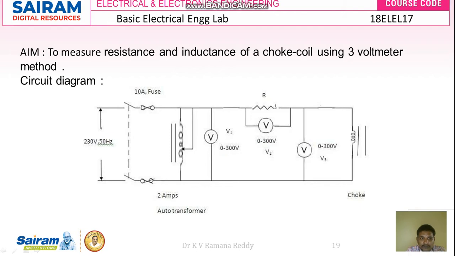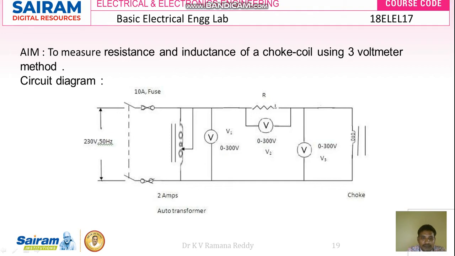If you look at this circuit diagram, it consists of phase and neutral terminals of the supply voltage having a voltage of 230 volts and 50 hertz, and a DPST switch, that is a double pole single throw switch whose rating is 10 amperes, and there is a fuse to protect the load and the remaining circuit equipment from short circuit condition, as well as to make and break the circuit.